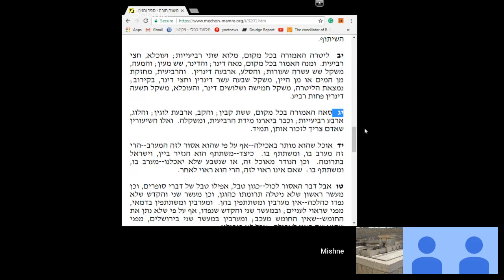Therefore, a log is 296 cubic centimeters, and a kab, which is 4 login, is 1,184 cubic centimeters, and a se'ah, which is 6 kabin, is 7,104 cubic centimeters. וכבר ביארנו מידת רביעית ומשקלה, ואלו השיעורים שאדם צריך לזכור אותם תמיד, and these are measurements that